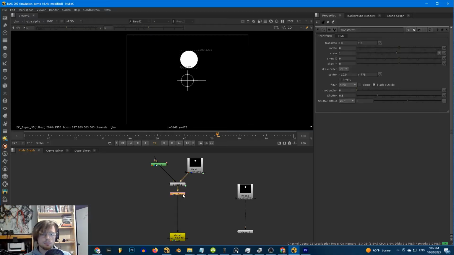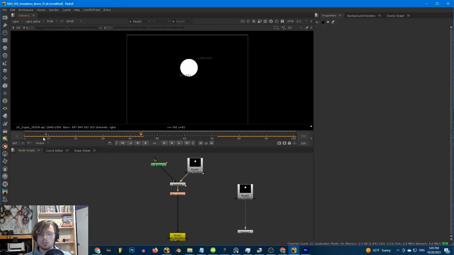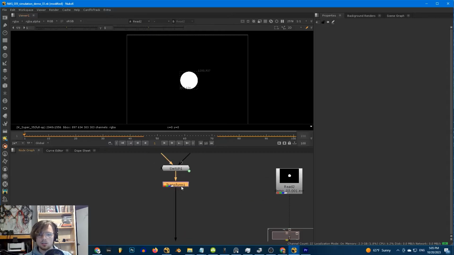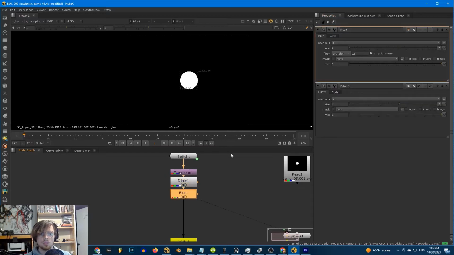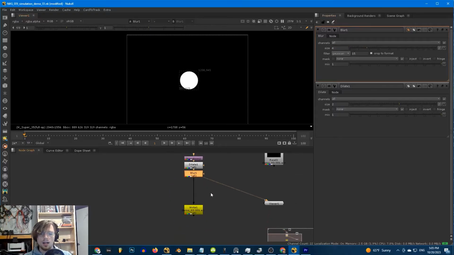It goes up, generally, so we will keep this transform in here, pushing it up. What else? Well, it tends to diffuse, so we're going to use an erode to sort of bump it out. And remember, we want to just make small changes, so size of 2. It'll add up over time. And then maybe blur it out a little bit so that it diffuses a little bit. What else? Well,